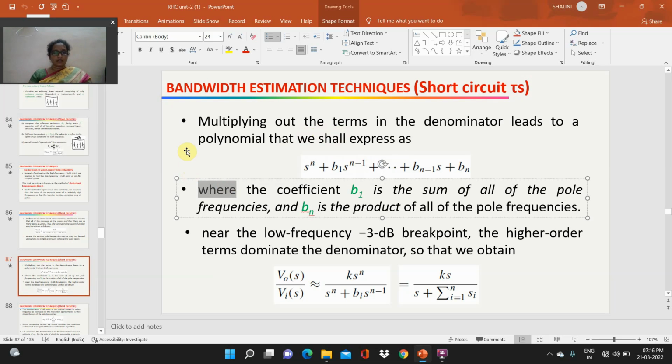Near the low frequency minus 3 dB breakpoint, the higher order terms dominate the denominator,